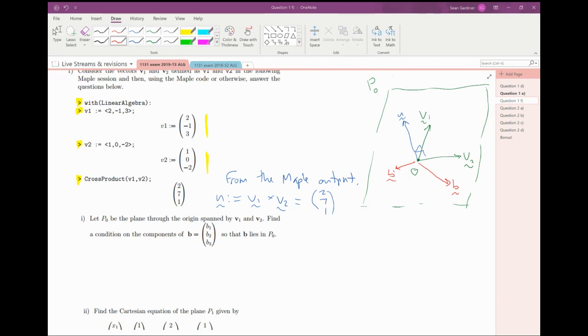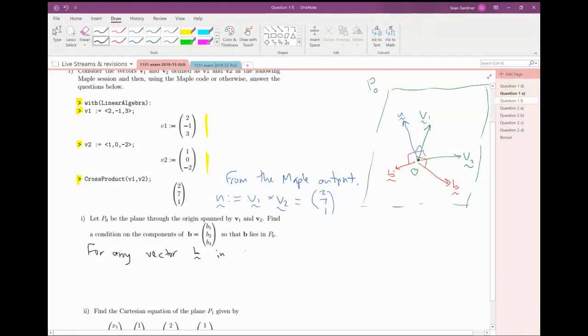Yeah, perfect, Alex. So I know that n dot b, the dot product of n and b, will always be 0. Why is that? Well, that n vector I drew, the blue vector, is at right angles to v1 and v2, and indeed it's at right angles to any vector in the plane. So there's a right angle here, and a right angle here. And what do we know about two vectors that are perpendicular to each other? Their dot product must be 0. So to summarize that diagram, what we've said is that for any vector b in the plane,